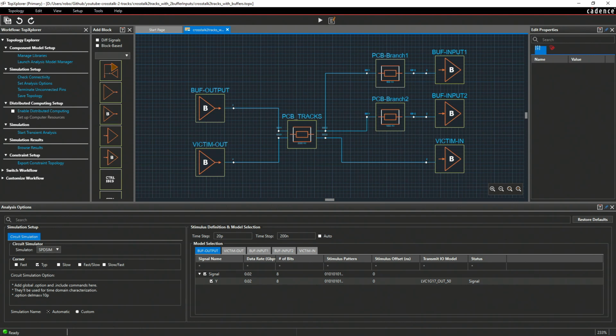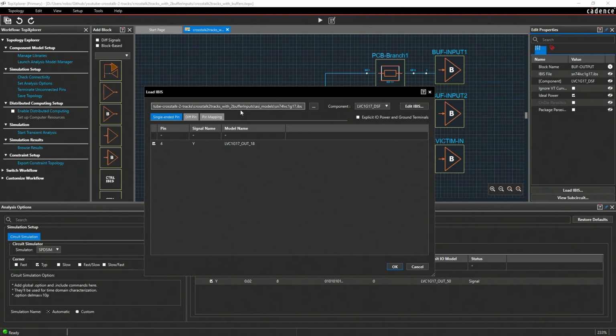To simulate the output in our circuit, I use this transmitter IBIS module. That's what you can see here. Everything I did was load the IBIS model of the buffer. Then I selected the specific component we are using, this DSF component.